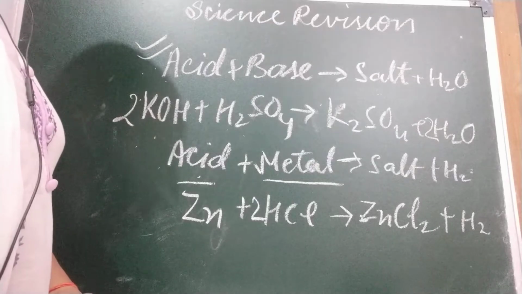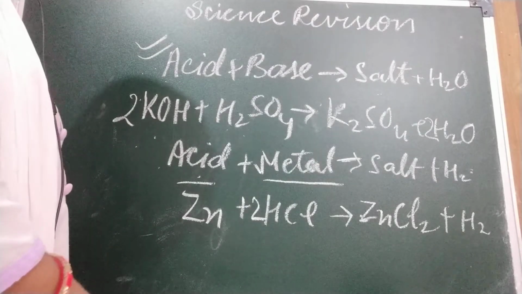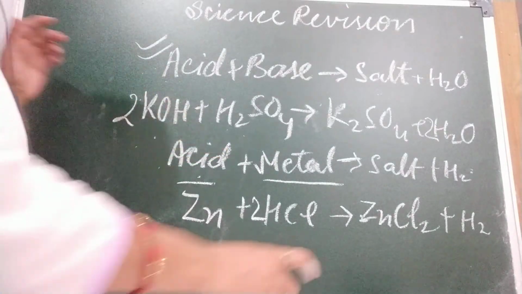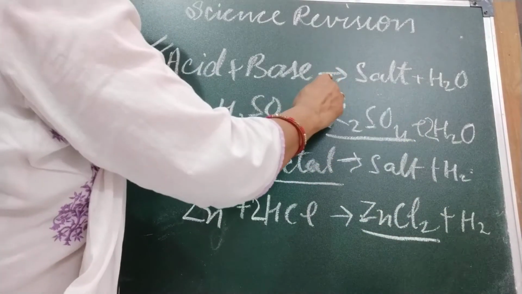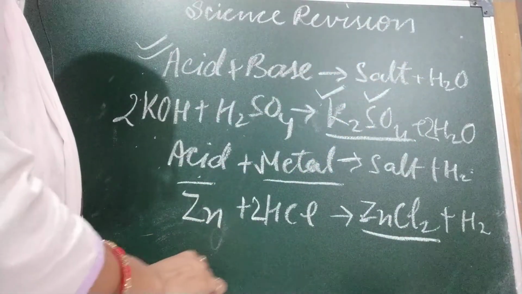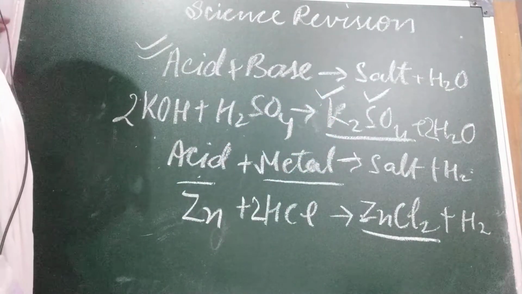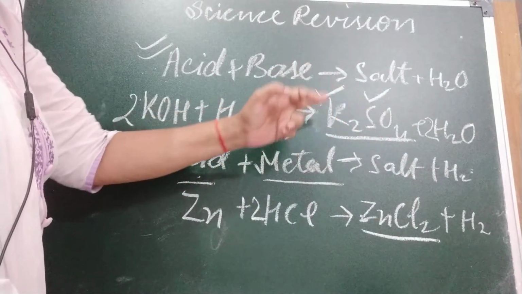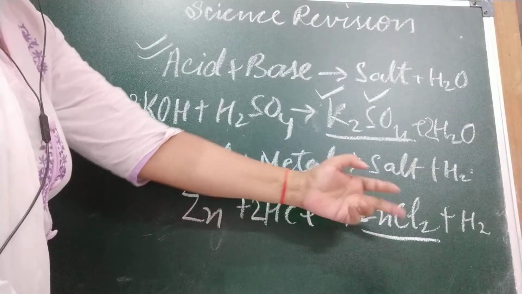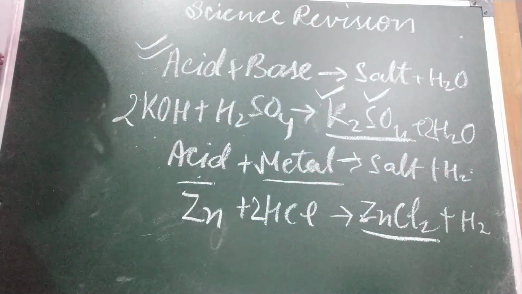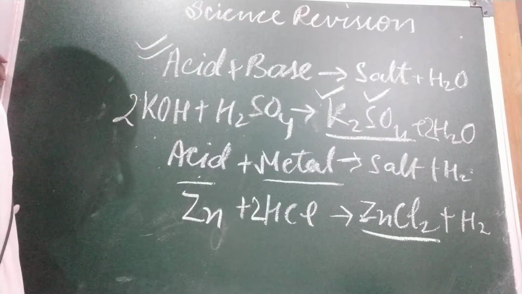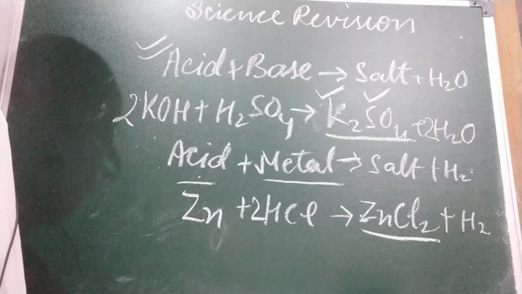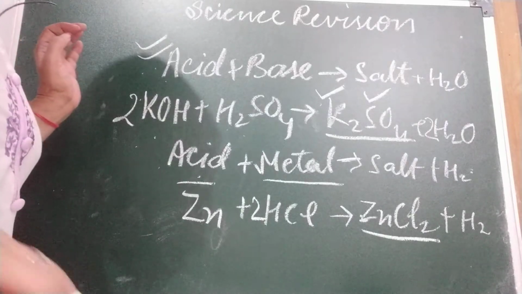Now we are going to discuss how we give the names to the salt. The name of the salt is derived from the name of the metal and the non-metal. Like this is salt. The metal part is this and the non-metal part is this. So how are we going to take the name of this salt? First metal, then non-metal. Potassium sulfate, zinc chloride. Okay, first we take the name of metal, then non-metal. I am giving you some examples: sodium sulfate, copper sulfate, calcium carbonate, ammonium chloride and potassium nitrate.